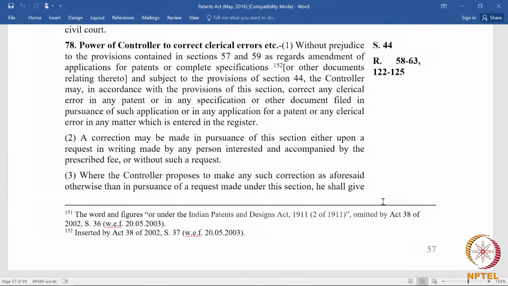and subject to provisions of section 44, and 44 is amendment that is carried out after one of the applicants dies. So, amendment to carry out the change in the name of a deceased applicant. Now, without prejudice to the amendment under section 57 and 59 and the amendment under section 44, which is the amendment that is carried out when the applicant dies, the controller may, in accordance with the provisions of